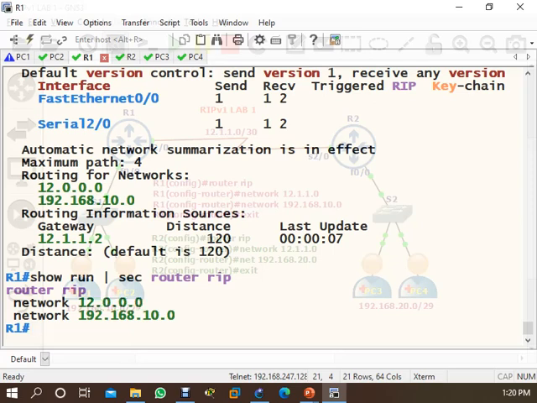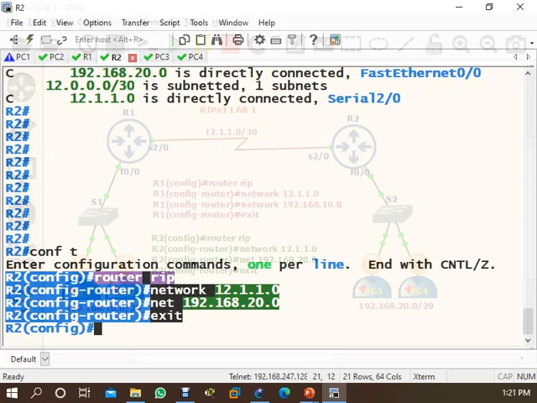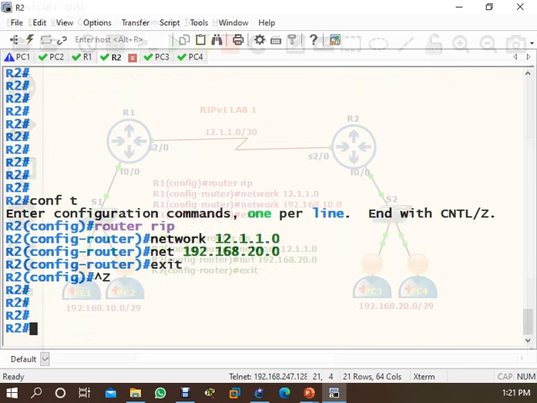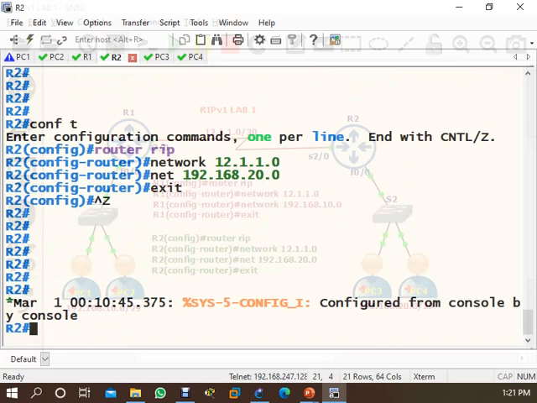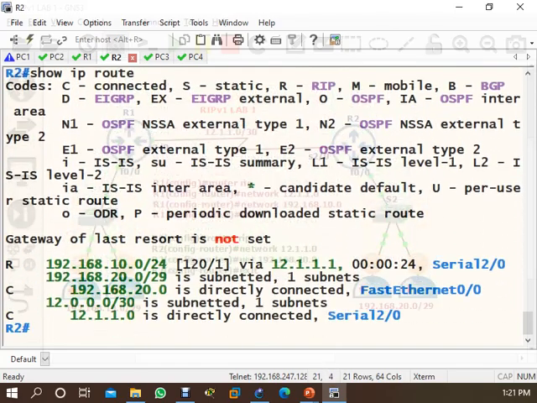Now if you check here, come to router 2, show IP route, 10.0.0.0/8. Now see, I advertise 10, which is router 1's network, right? So is 10 a /29 or /24?